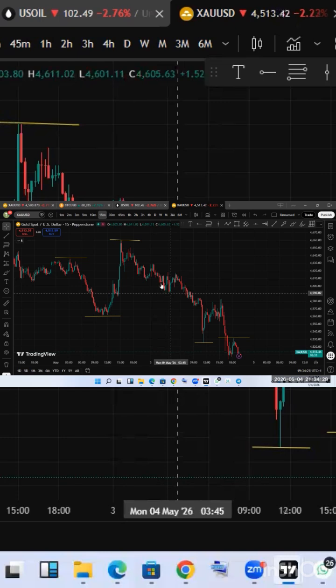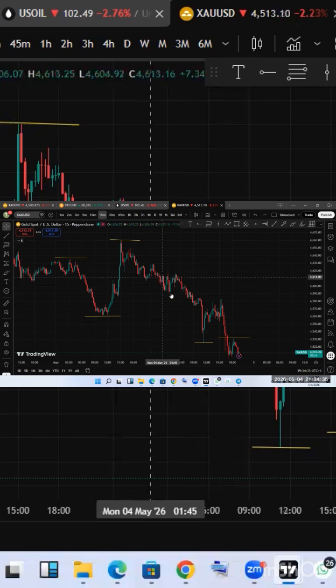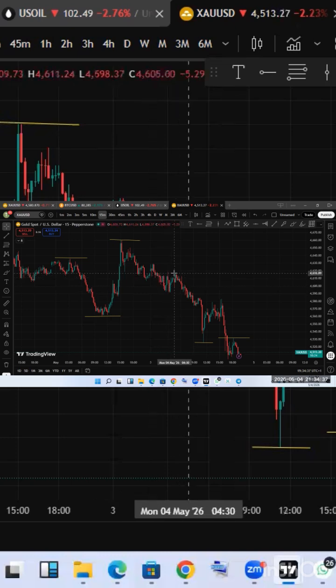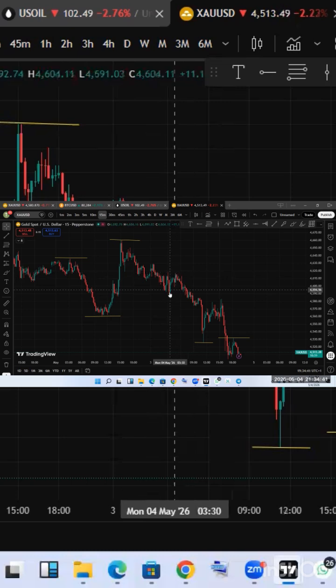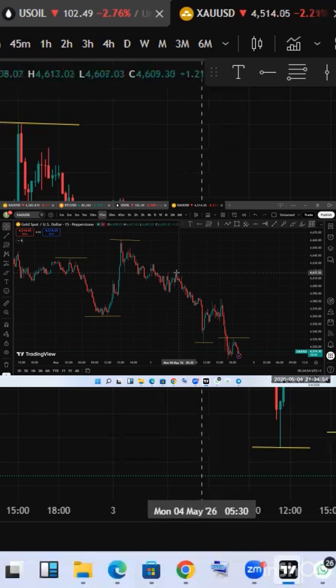So this was our previous low here, around this zone. You can see after price broke this low, it came up again to retest it here. So as a trader, you're not supposed to sell here. You wait for price to come back and retest. This is where you now take your entry. You now place your trade here, you enter the market from here, and you look for the previous high,